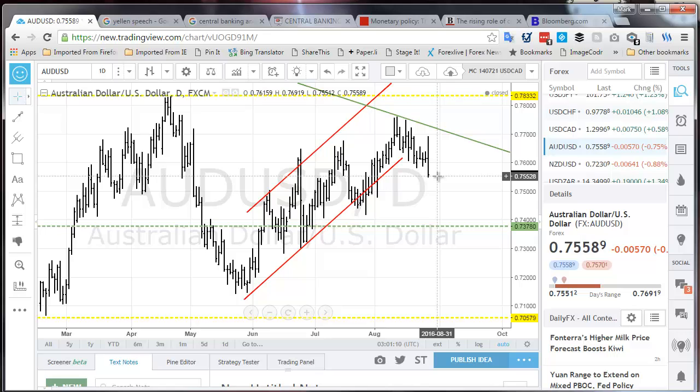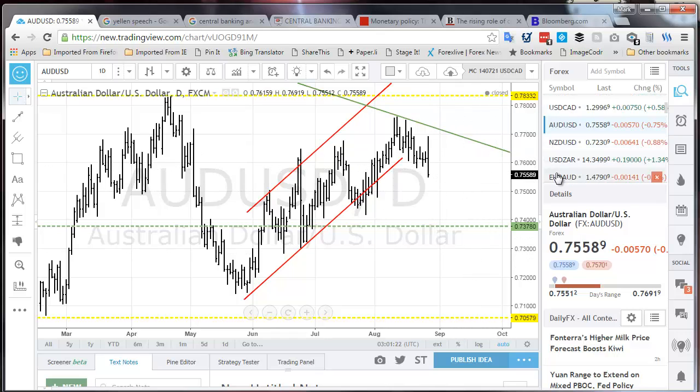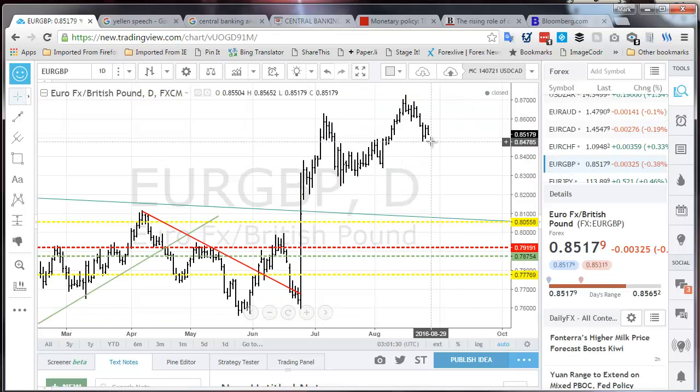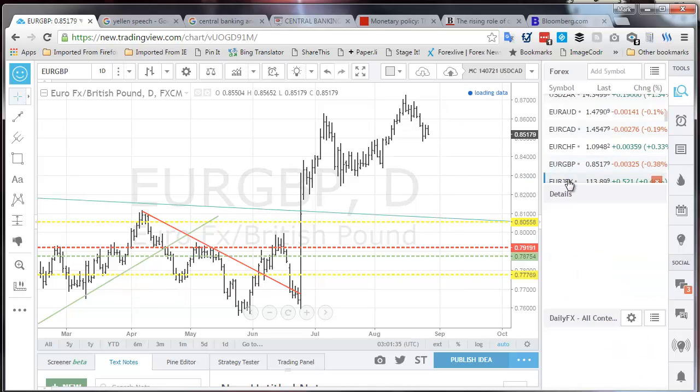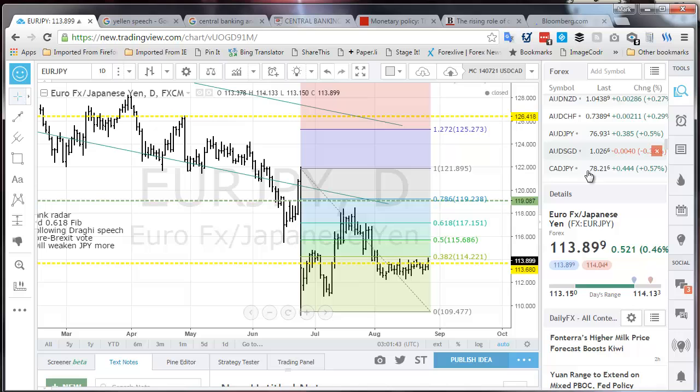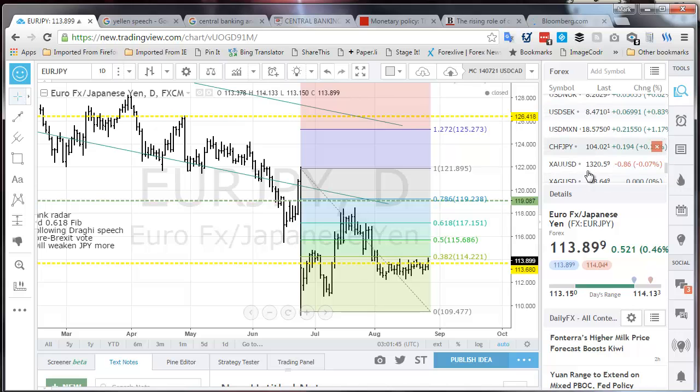And given the words in his speech, the amazing thing is markets don't wait for the words in the speech. We should be seeing US dollar strengthening, so this chart going down, and that's ultimately where the market settled. You see it happening also in the crosses. The Euro GBP was actually quite modest because a lot of the move had happened in the days before. We see it in the US dollar, euro against the yen. And I will do the last one. I will pick out